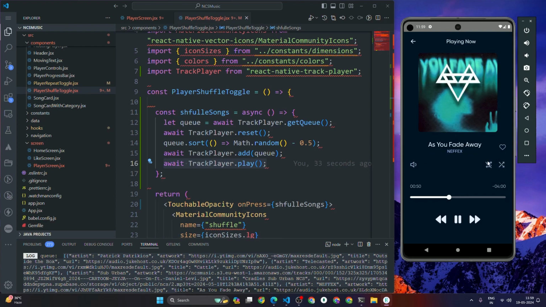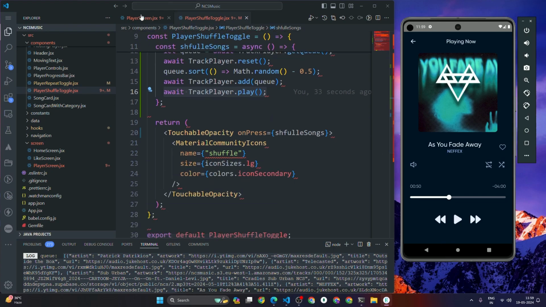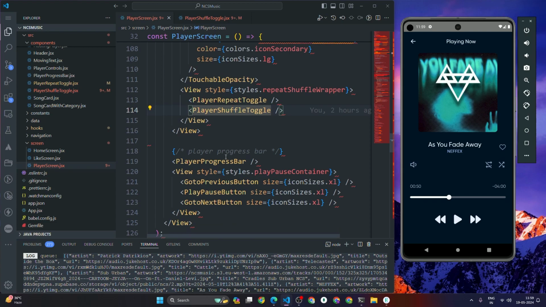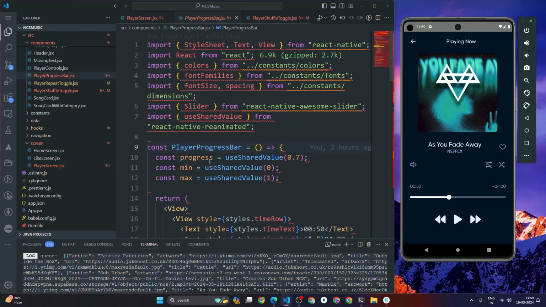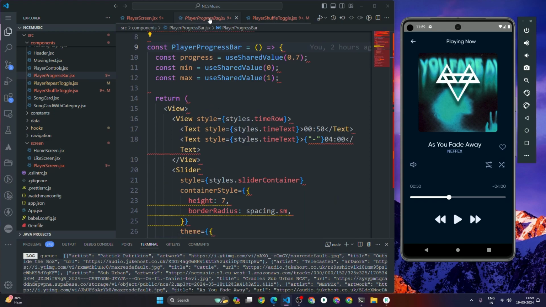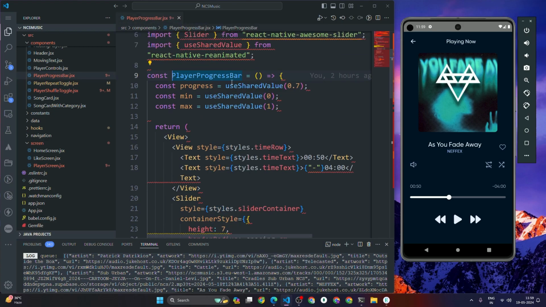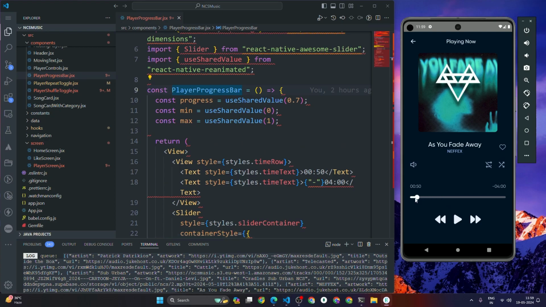All right, now after this, guys, let's go to the player screen. Now we have to start working on this player progress bar. For the player progress bar, it's quite a bit tricky, so let's go to the player progress bar and see how we can do it. So let me close the other files. Okay, now first of all we have to start working on this